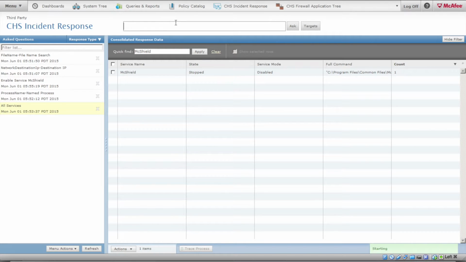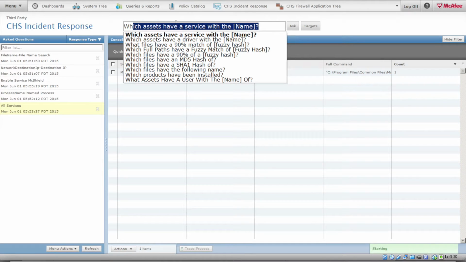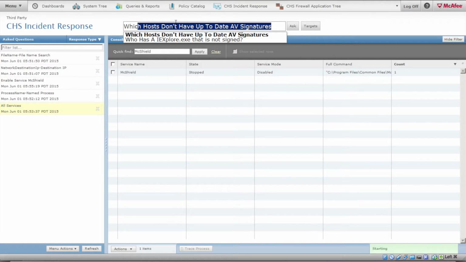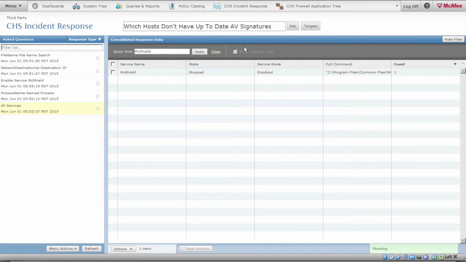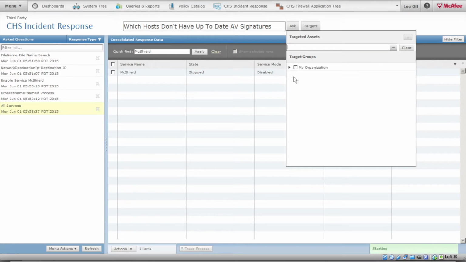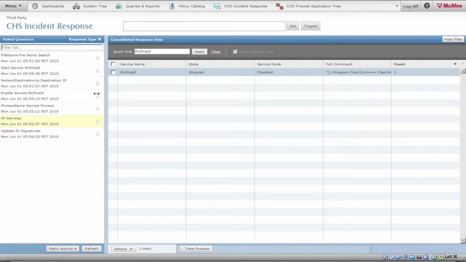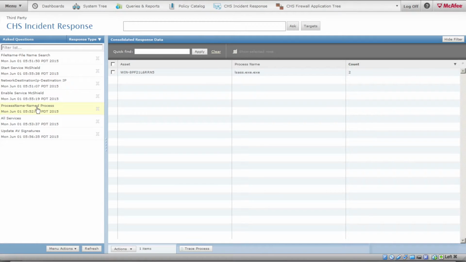We're going to go ahead and ask that question now. We're going to ask, what AV defs currently are out of date. Ask which hosts don't have up-to-date AV signatures, and we'll ask the enterprise that question and send that out. This will automatically upgrade. Now, when the AV definitions are updated, it should pick up that virus and shut it down. But because we want to make sure that this happens correctly, what we're going to do is